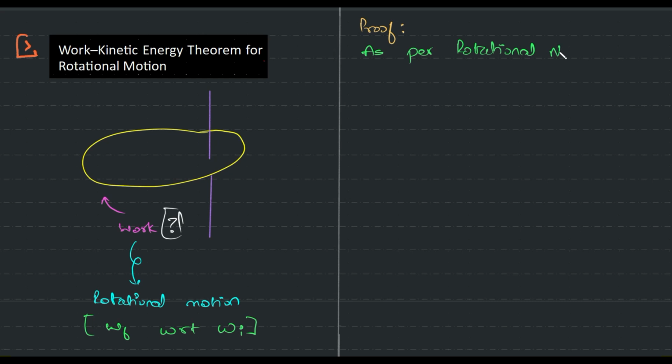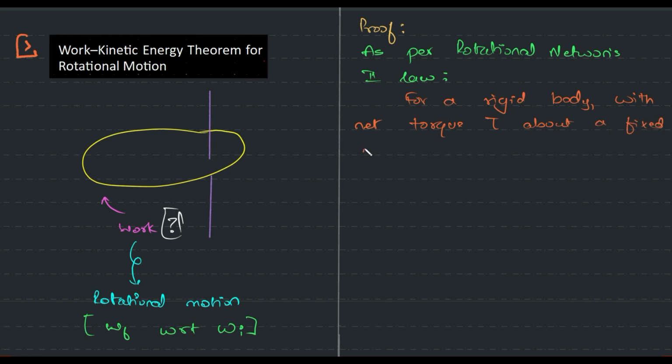As per the rotational Newton's second law, and again, all this is to do with rigid bodies, for a rigid body with net torque, I'll just represent it as tau, about a fixed axis is given by,